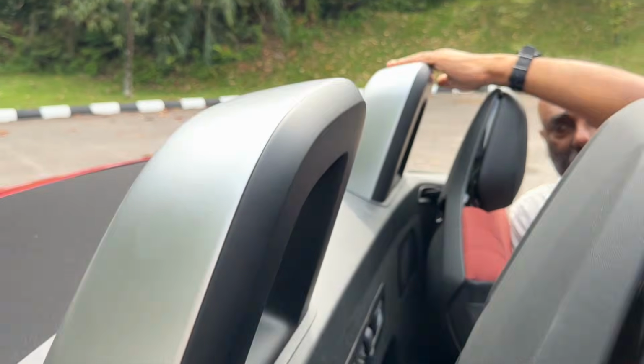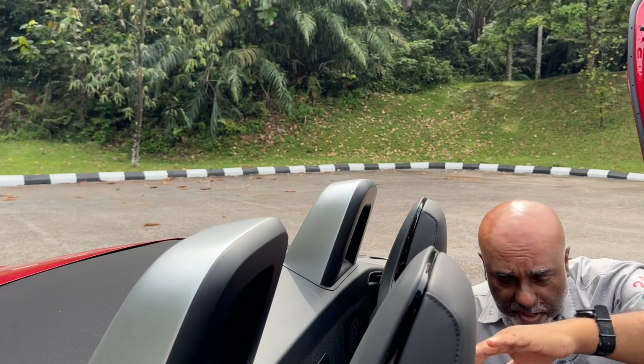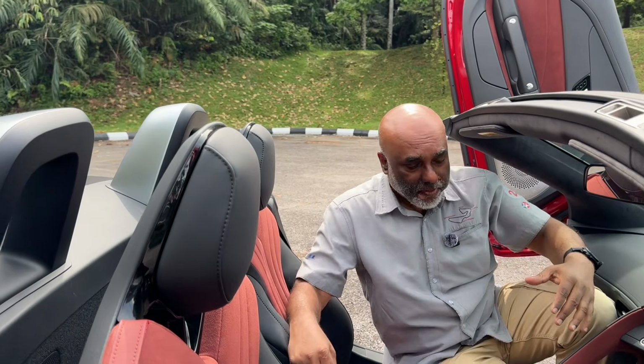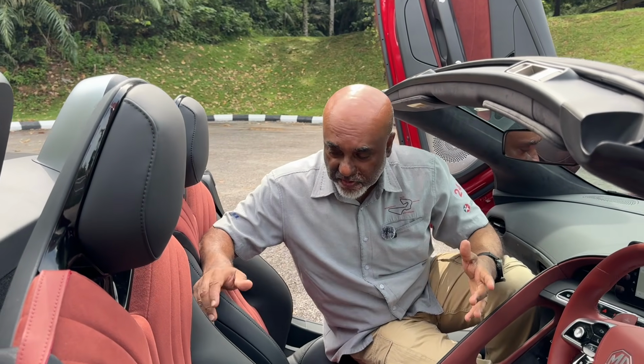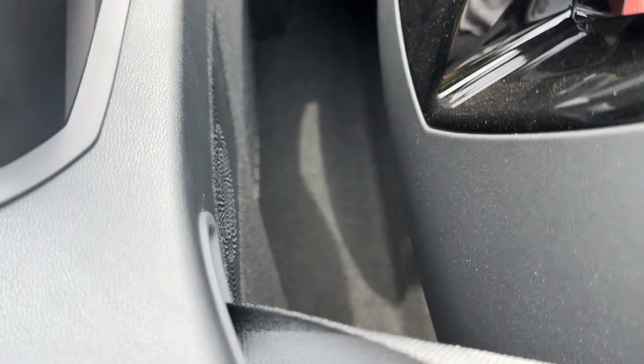Plus you got this tough rollover hoops that are the same height as your headrest. So in case of a rollover, MG has thought about it. Full of safety features. Little area here to put small things, if you want to go play tennis or whatever,